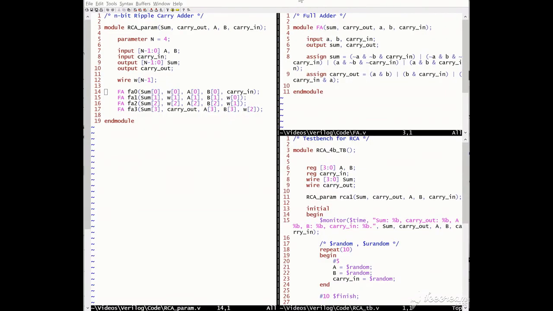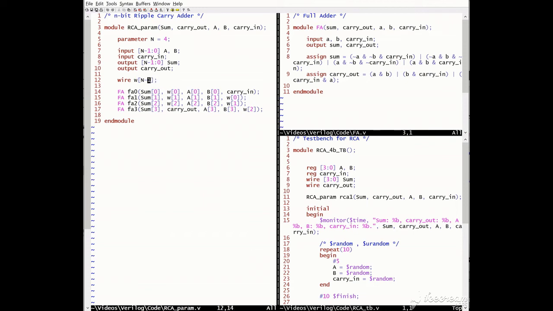As you can see, we are progressing towards complete parameterization of the ripple carry adder, and what we want to build is an n-bit ripple carry adder now. However, these statements from line 14 to line 17 are still hard-coded, so we will make an effort to completely parameterize these too. So in that direction,